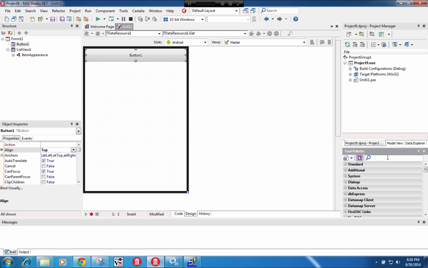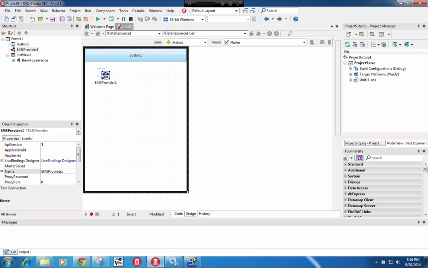Now there are multiple ways to do this, and I know that she showed how you can actually use the REST components. That's fine, although it becomes a little tricky when you need to do the authentication part. But what I'm going to use here is the EMS provider. That's compatible with the BAS providers. It's part of the BAS, backend as a service client technology that we built in x86, and this one is